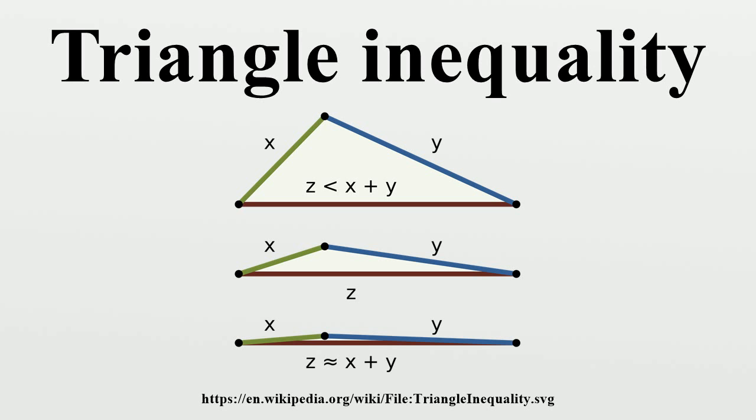This theorem establishing inequalities is sharpened by Pythagoras' theorem to the equality that the square of the length of the hypotenuse equals the sum of the squares of the other two sides. Some practical examples of the use of the triangle inequality: consider a triangle whose sides are in an arithmetic progression